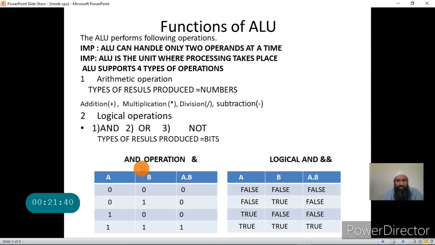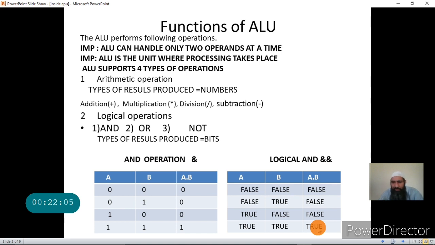You can take false as 0 and true as 1. So the result can be compared here. If A is false and B is false, the result will be false. If A is false and B is true, the result will be false. If A is true and B is false, the result will be false. And if A is true and B is true, the result will be true.